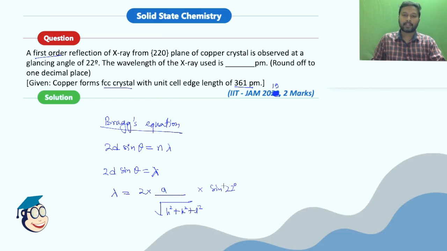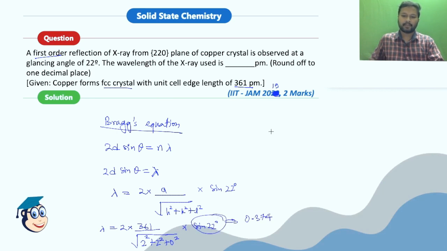Now here you have to apply your calculator. You have to use the calculator provided in the exam, the digital calculator given to you, to solve it further. You just substitute the values and you will get lambda is equal to 2 into the value of a, which is 361. It's already in picometer, so no need to change it. Under root, this will be 2 square plus 2 square plus 0 square, into sine 22 degrees. Now you just have to put the values and solve. The value of sine 22 degrees will come out around